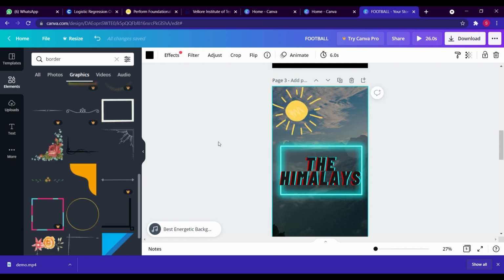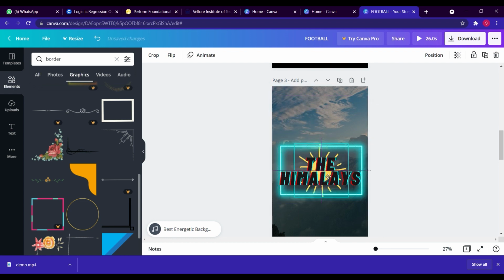If I want to bring the sun before the Himalayas, it's called layering. Right now my sun is behind the Himalayas. The Himalayas is on the top, then the next layer is the sun, and the next layer is the background picture. So if I want the sun to come to the front, I can